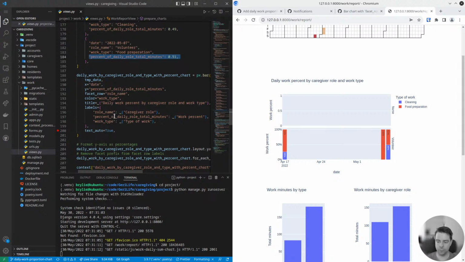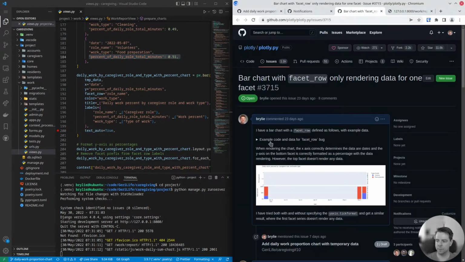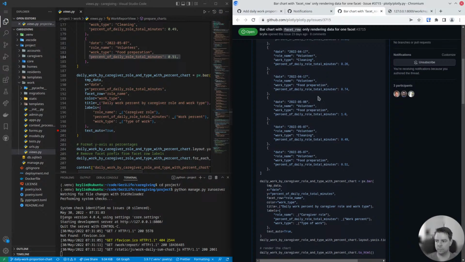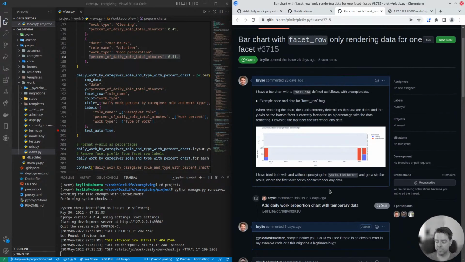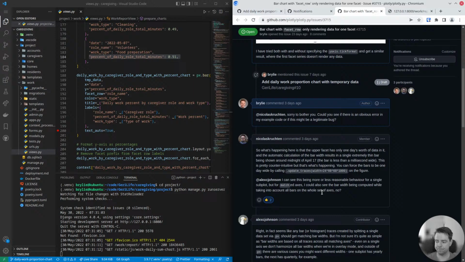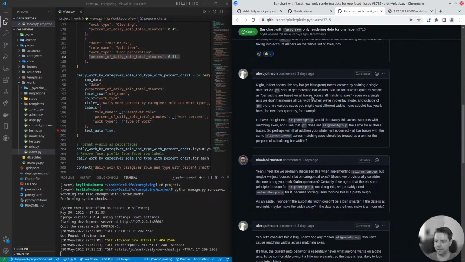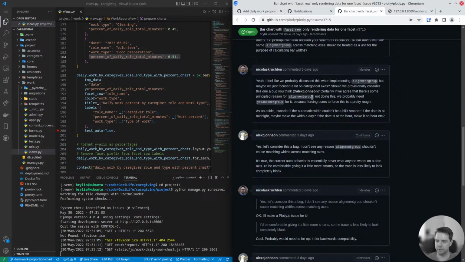Maybe my SQL was messy. So I provided a sample of this data along with the code, and was able to get some pretty useful responses. Not only a specific way to fix this particular issue, but more illumination as to what's going on. And it opened up this whole conversation here